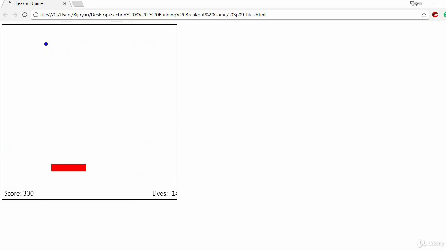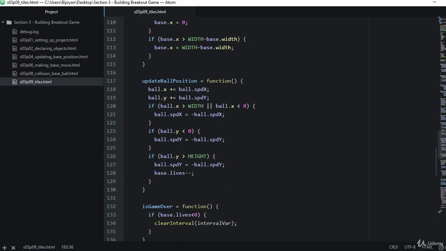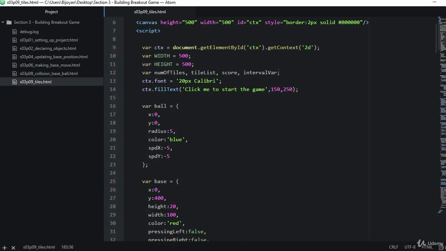To stop it, I have already shown you why this is so fast. It also occurred in the snake game's case. If the game is already running and we click again, then the set interval method is called again, and the previous interval is not cleared. So there are two set intervals running in parallel, and the more times we click, the more intervals there are, and that's why the game is too fast and we just can't understand what is going on. So for that we need to declare one more variable,